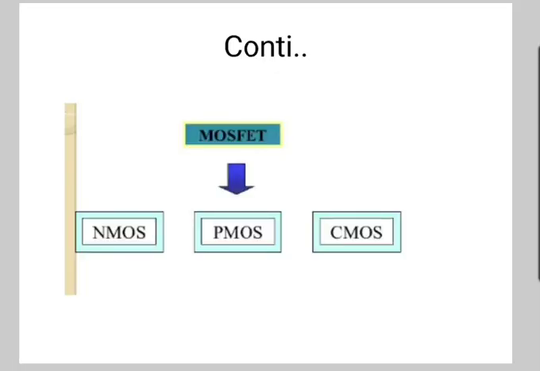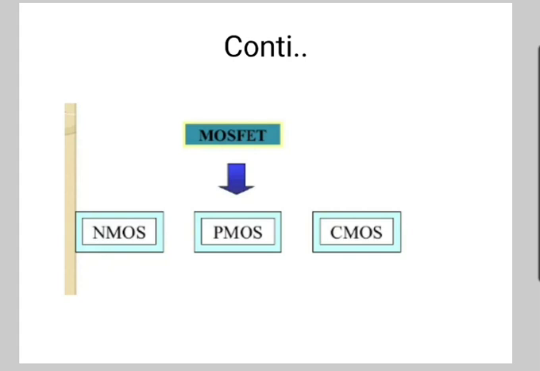Now next is MOSFET. First, what is the long form of MOSFET? Metal oxide semiconductor field effect transistor. So MOSFET consists of two diffused regions, drain and source. Source is heavily doped, so it is fabricated on the opposite type of substrate. Depending on the type of substrate used, MOSFETs are classified as N-channel MOSFET or P-channel MOSFET.